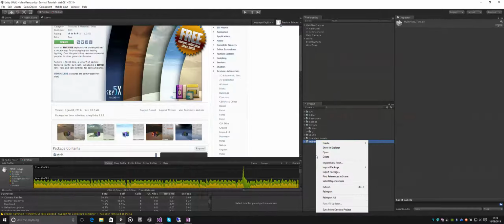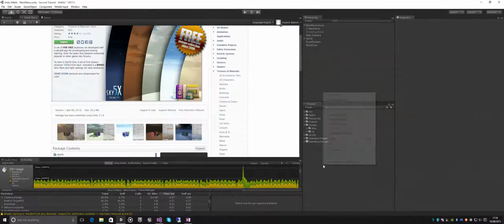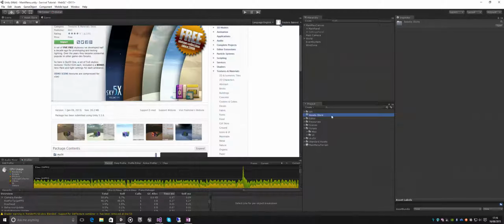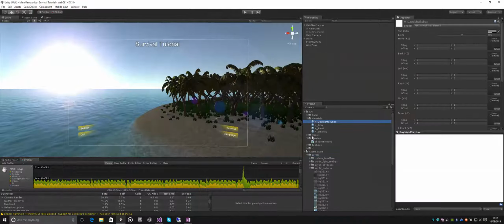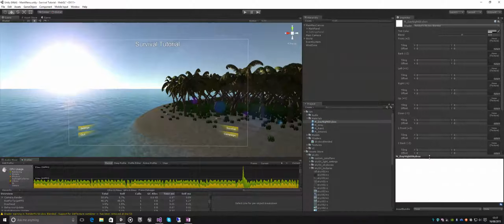If we just make a new top level folder, create folder, and I'm just going to call this Assets Store. The link will also be in the description of the exact package. But this is to just grab the textures, which we'll need. So if we head back into materials and go to Day Night Skybox,